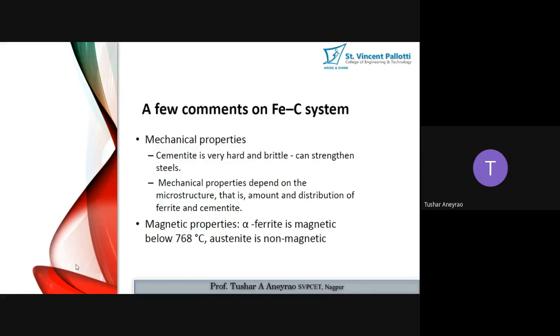Now, whenever we have cementite in our structure, that complete mixture of alpha ferrite plus cementite, which is called pearlite, behaves like a composite mixture, just like reinforced concrete. In reinforced concrete, we have steel bars which are ductile and malleable, and a cement or concrete mixture which is hard and brittle. So combined we get strength.